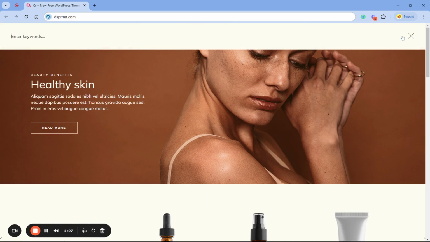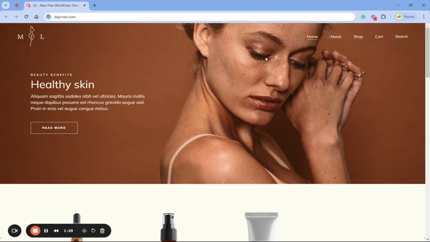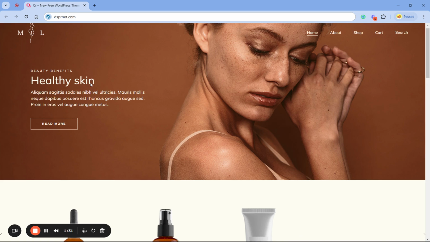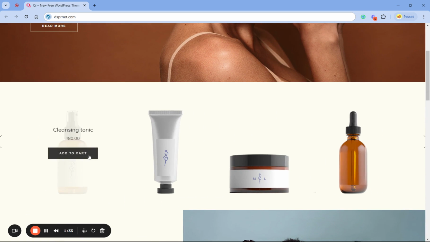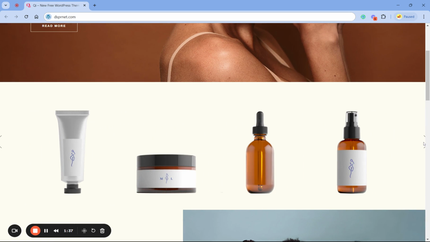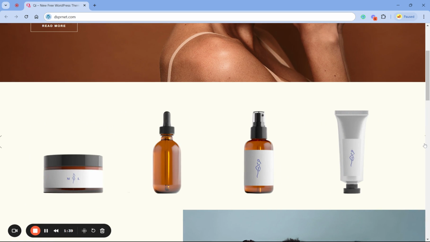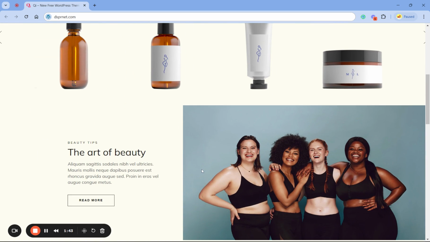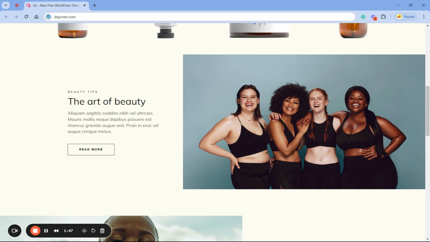search field, the logo. The further you go down, you will see we have the shop with arrows. Click on it and it's going to show you more products. Then you're going to get down here, you'll have this banner like a call to action that is named in